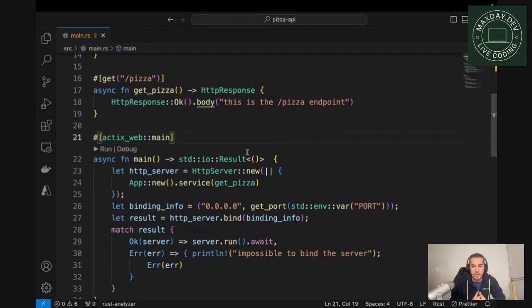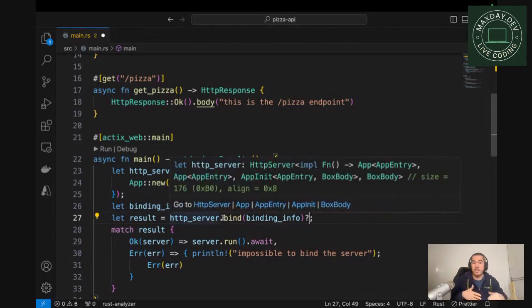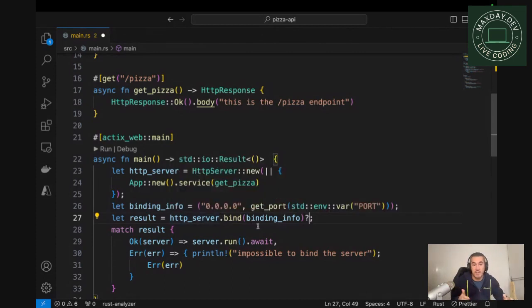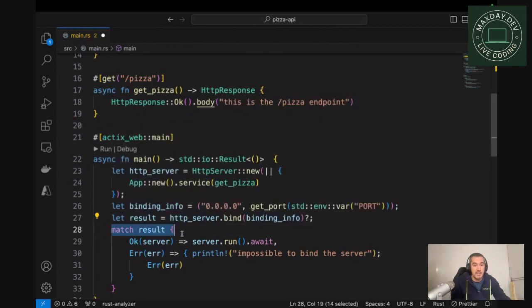The second one that I wanted to cover today is the fact that we need to do a match and print something and rethrow the error. That might not be super convenient. One cool Rust feature is the question mark. By doing this, you're saying that I know this is a Result. Whether or not it's succeeding depends on the runtime, but if it's succeeding, then we can go to the next